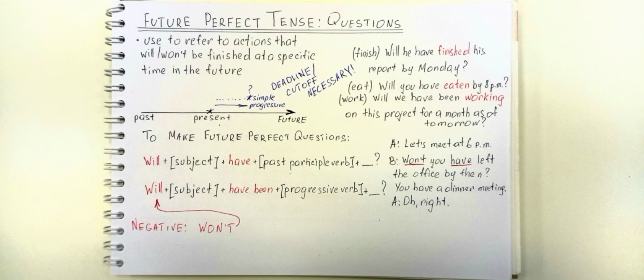All right, over here, I want to use the verb finish for this sentence. Will he have something, his report, by Monday? So we see that Monday is our future point here. We also see we have will he have. There is no been here. This tells us that it's a future perfect simple tense sentence. So we need to use the past participle form of the verb. Will he have finished